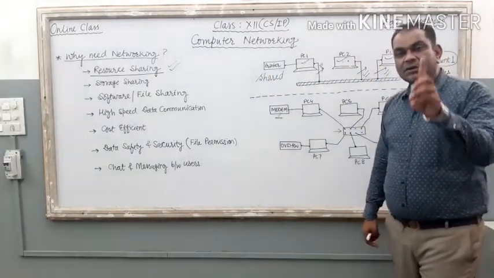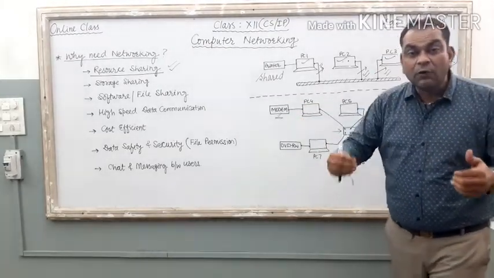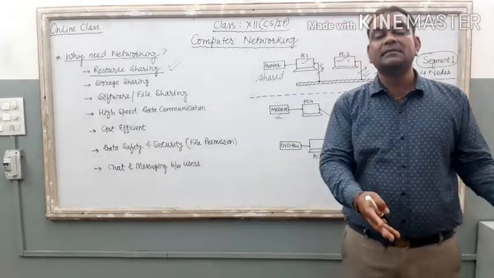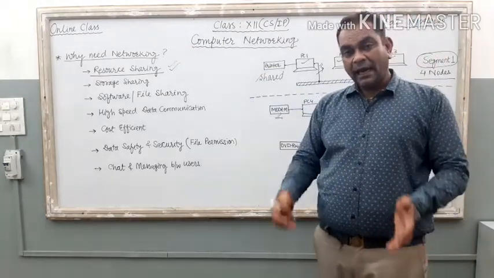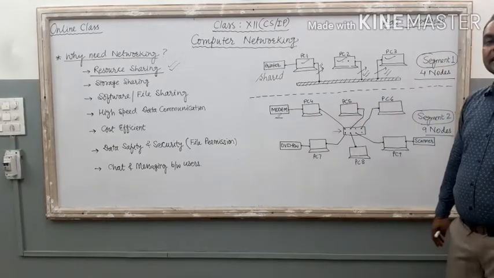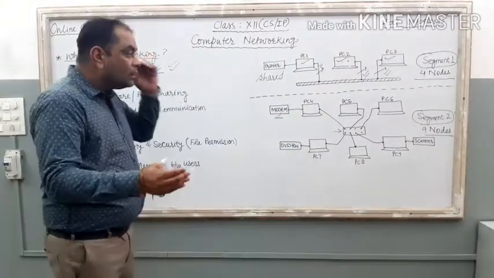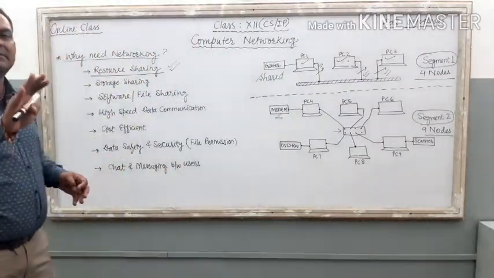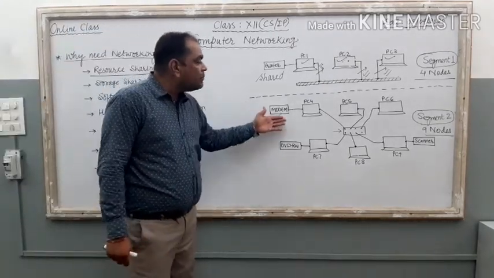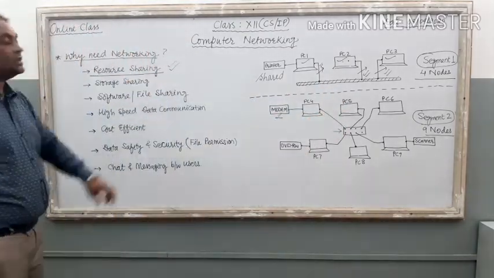Only one internet connection, only one modem. With the help of a single internet connection, I can flow internet accessibility to the entire network. Whether 6 PCs are there or 60 PCs, internet accessibility flows from this PC to the others. It is known as resource sharing. If we connect computers with each other, the overall cost of the network is reduced, and the peripheral devices can be shared with all the networked computers. It is known as network resource sharing.